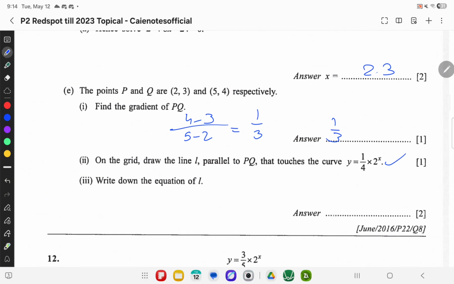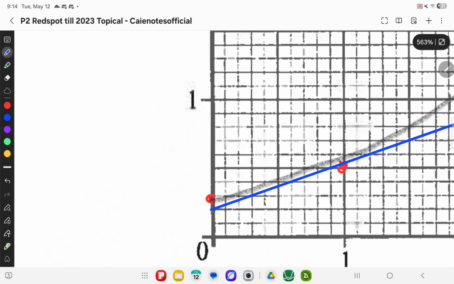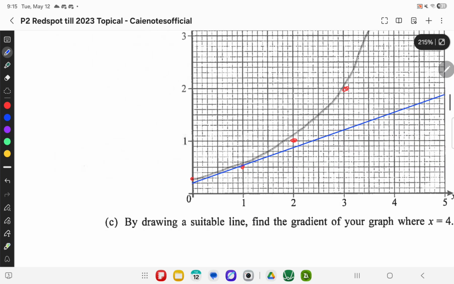Write down the equation of L. Now we know the gradient is 1 over 3x. What is the intercept? Intercept would be 0.2. So the answer is